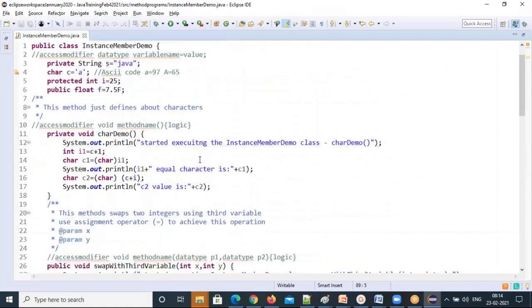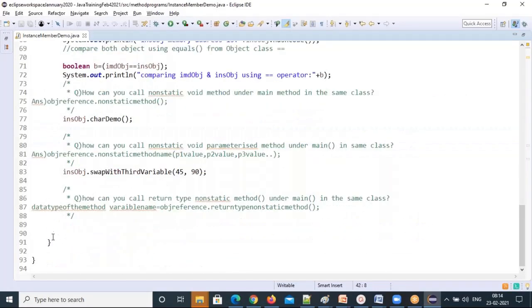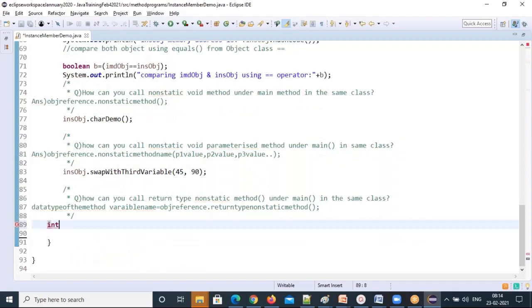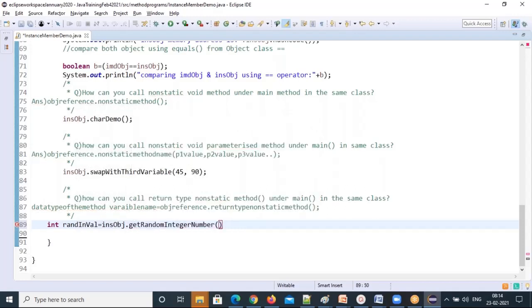Which method are you calling? The void methods are done. Now return type methods. This method's return type is integer, so I'll put int. Data type of the method is int, rand int value equal to, and the object reference is ins object dot get random integer number.